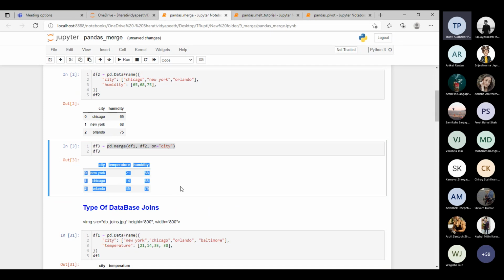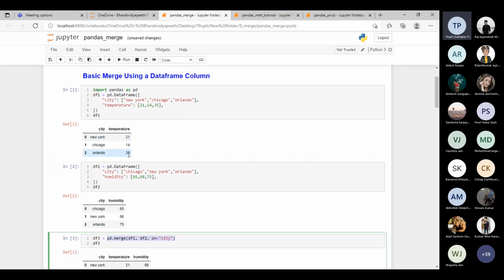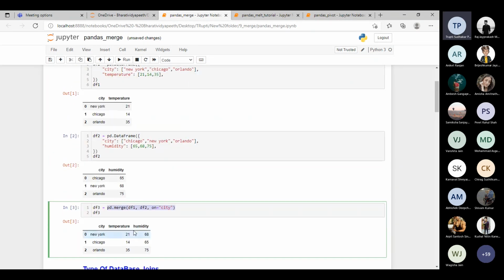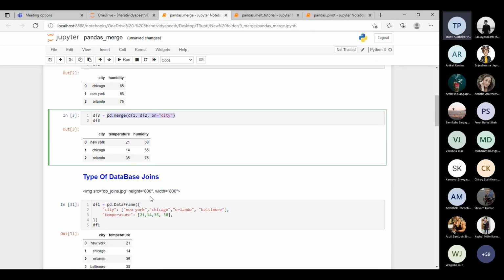The same way, with the help of this merge, you can merge CSV files also. Meaning weather one, merge, comma, weather two, converted with pd.read_csv, and then with df1, df2, you can merge both CSVs. It will print the whole CSV file in the third data frame. Understood? Did you understand how this merged? Yes ma'am. So this is the merge function.